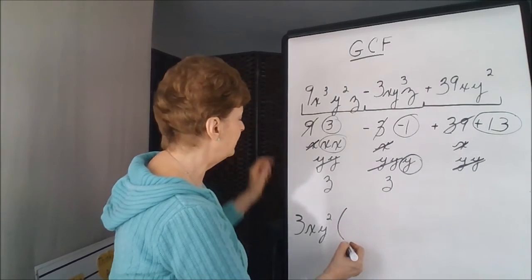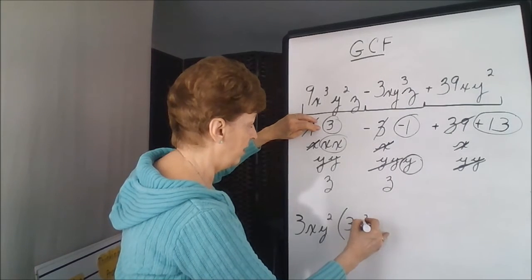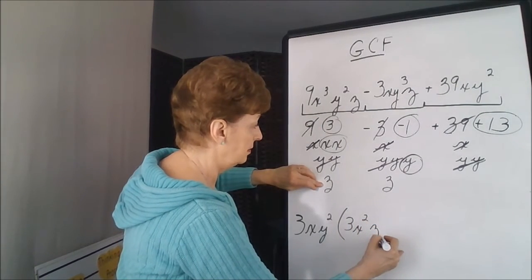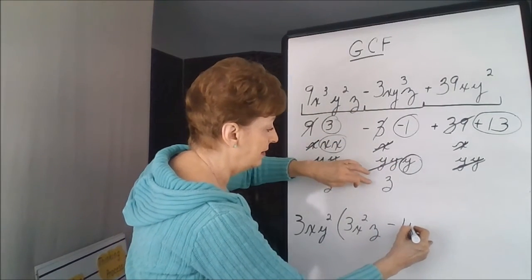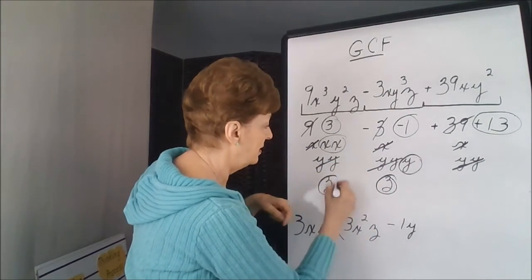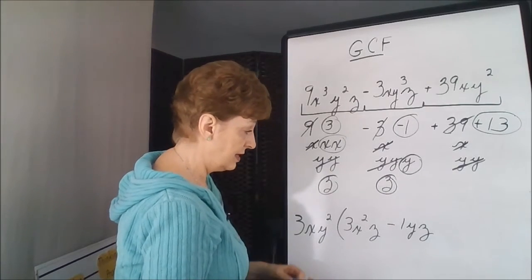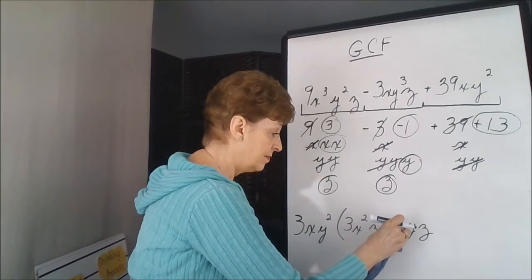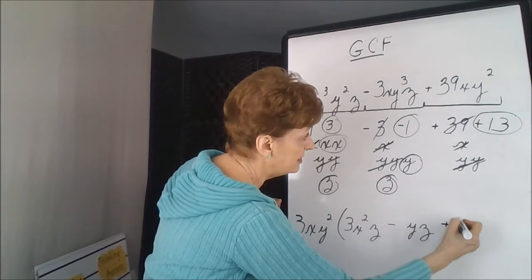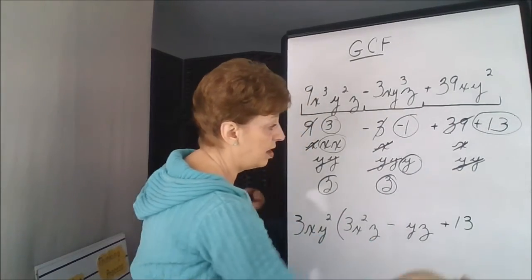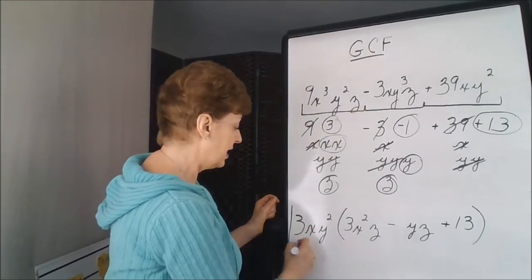And that leaves, in the first position, a 3, x squared, z, minus 1, y, z. We don't actually need the 1. That is overkill, so we could just have it as yz. And then here we would have a plus 13. All of our letters are gone. They're already represented over here. So this would be the answer,